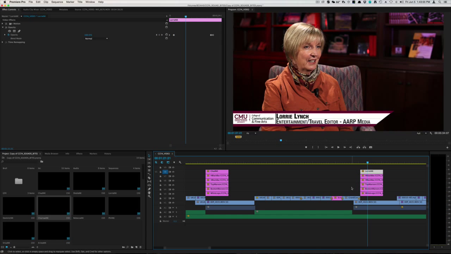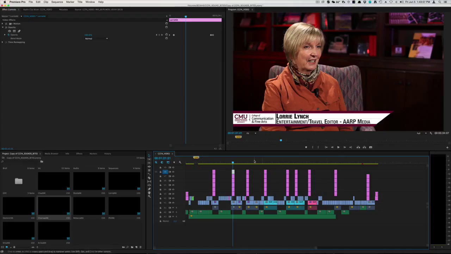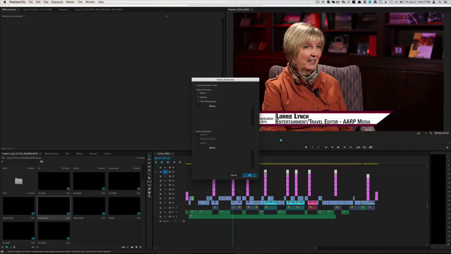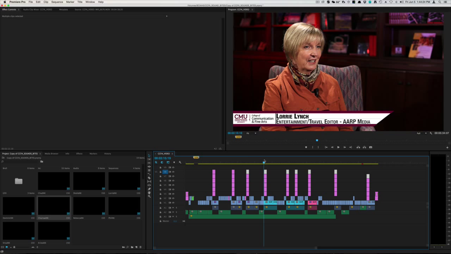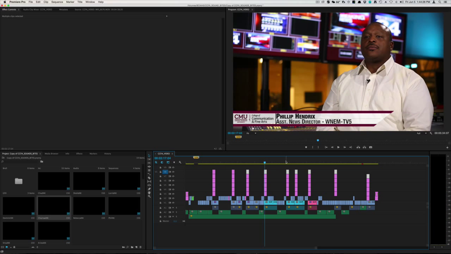Now, the other thing that's worth mentioning here is that instead of just applying it to one, my top layer on all of these is my text. So I'm going to select all of my other name keys, and then I can right click and do Paste Attributes. The shortcut is Command Option V. Instead of just Command V to paste, Command Option V brings up pasting with options. Make sure opacity is selected, click OK, and now all of my name keys will fade in